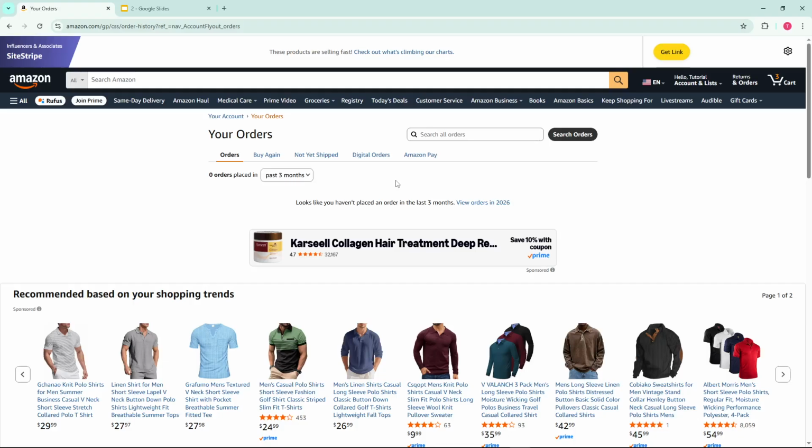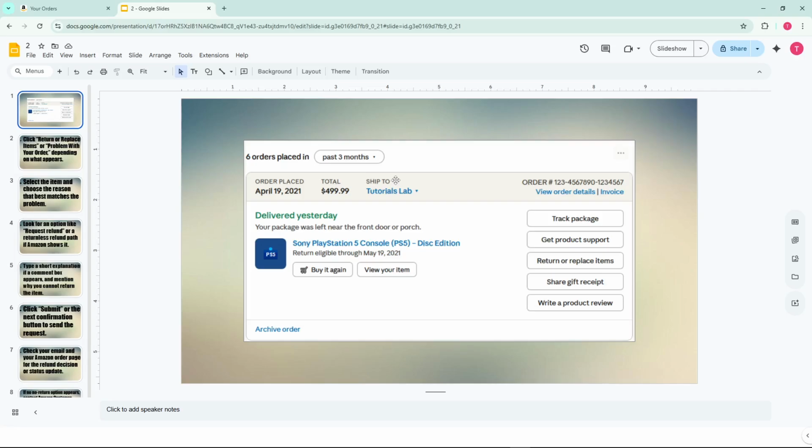Although I don't have any orders right now, I'll walk you through the next steps so you know exactly what to do. Once you're on your orders page, locate the specific order you want to request a refund for. You'll see options next to each item. Click on Return or Replace Items or Problem with your order, depending on what appears for your specific purchase. The wording can vary slightly based on the item type and order status, but both options will lead you to